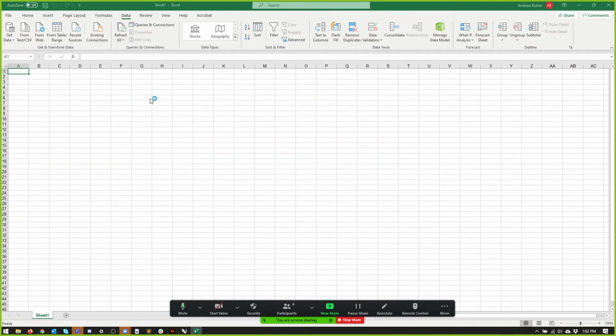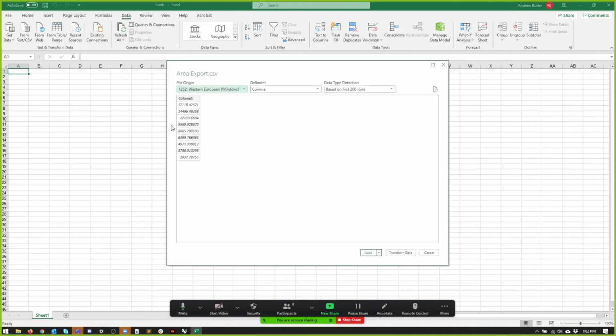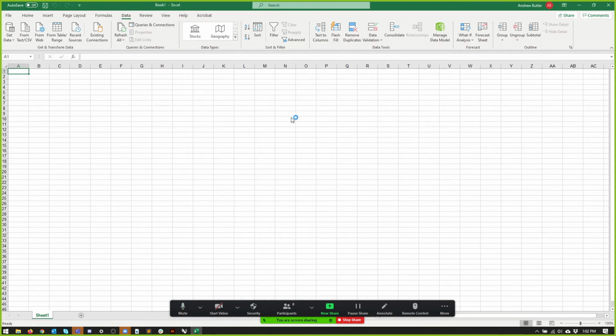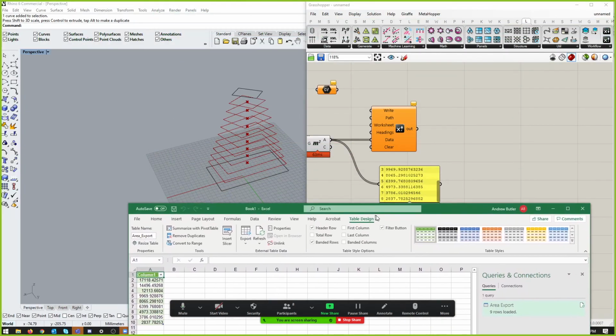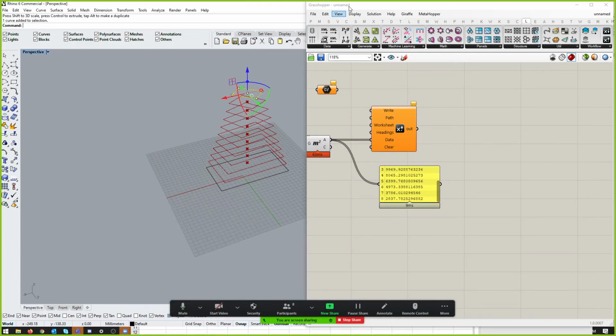That'll give you a few options on how you want to load the information in. In this case, there's no headers or anything like that. You can transform the data if you really want. You can delve deep. But if you load that now, if we go and change the model in Grasshopper,